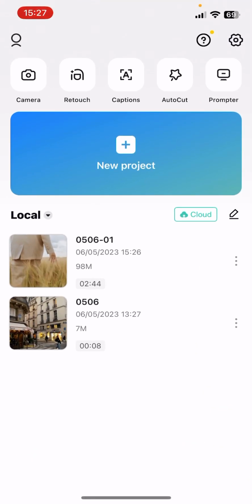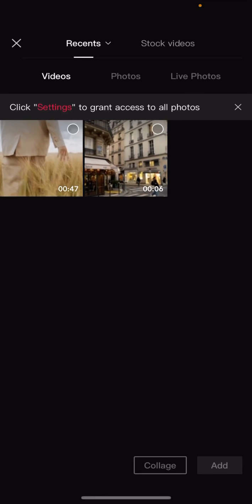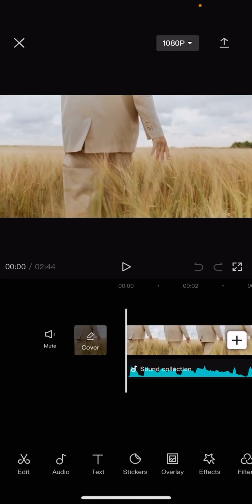First, open the app. Now you have to select one of your projects, or if you want to start a new one, click on that plus icon, and now you have to select from your gallery that video that you would like to edit. I'm going to use this one, and now you have to click on the sound section,